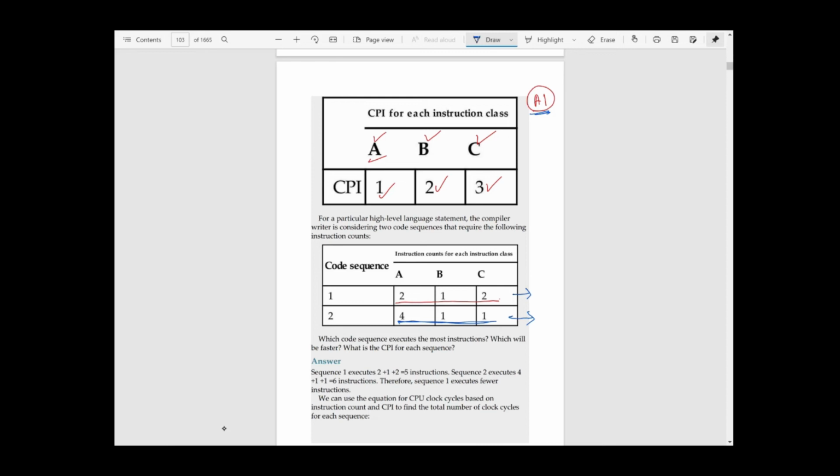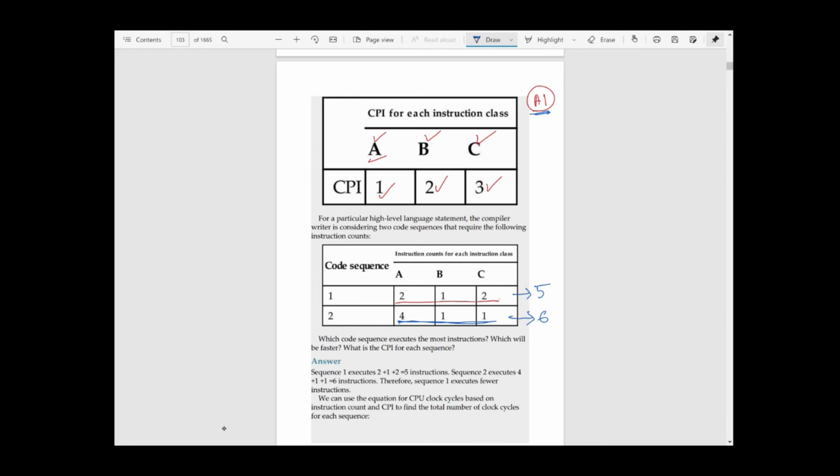Now first let us count the number of instructions in both sequences. If I go for this one, the total number of instructions is 2 plus 2 plus 1, that is 5, right? 5 instructions need to be executed. If I go for this, then 4 plus 1 plus 1, that is 6 instructions need to be executed. So if we go only by instruction count, then sequence 1 is better. The compiler will say, okay, the first sequence takes only 5 instructions, let us go with the first sequence and generate the assembly language code. Fine, but there is another point which we are not discussing, and the point is CPI,